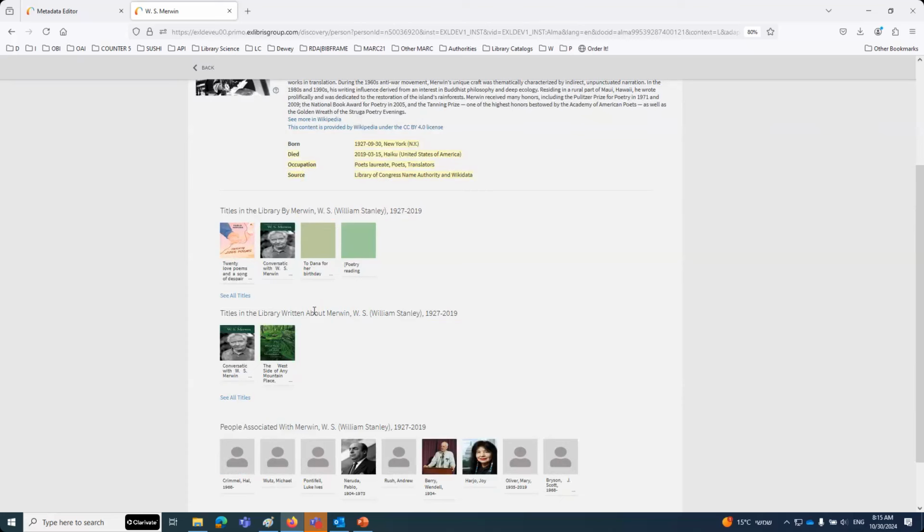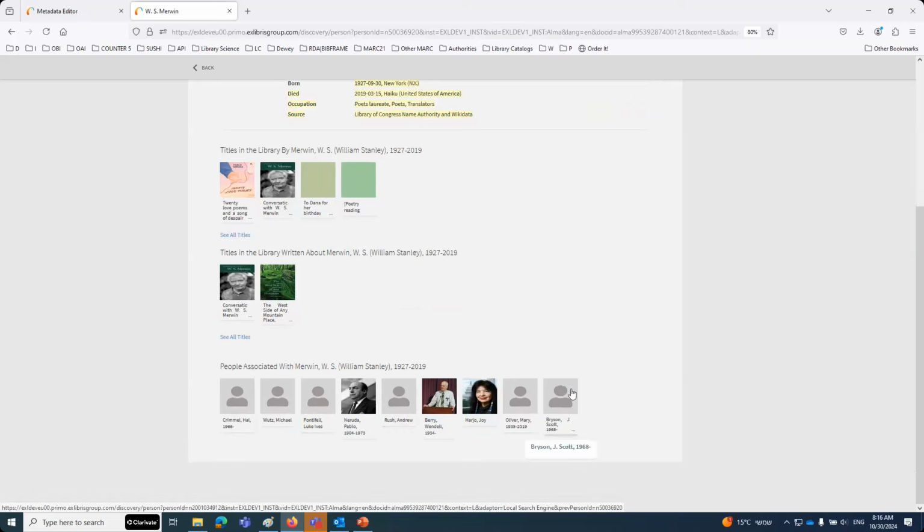The classic we always point to for that is Shakespeare. I know a work can be by Shakespeare or about Shakespeare. So here we have titles by W.S. Merwin, titles about W.S. Merwin. Then people associated with those would be contributors, people who are typically in a 700 field in a Library of Congress name, in a same work which is by William